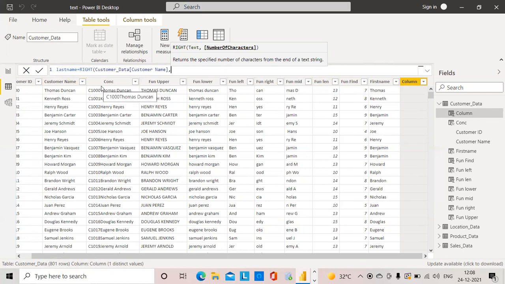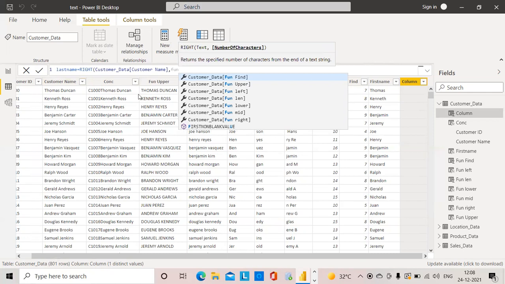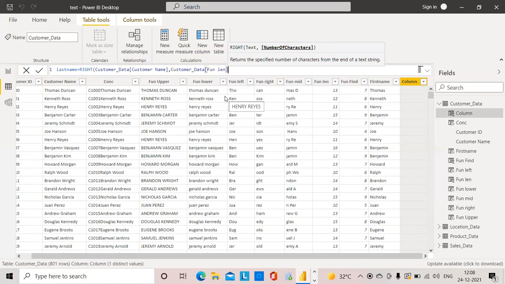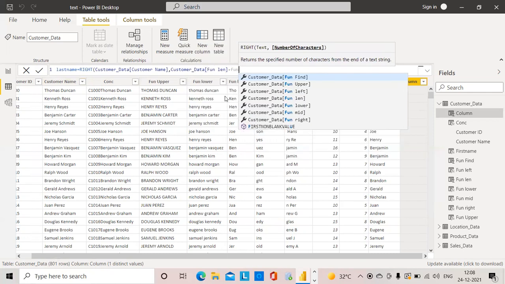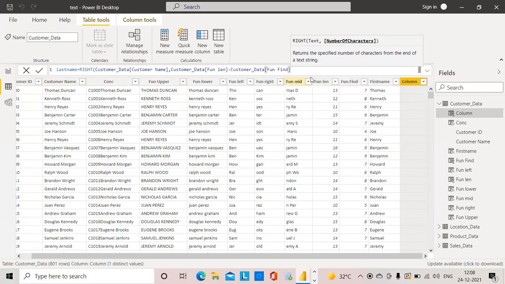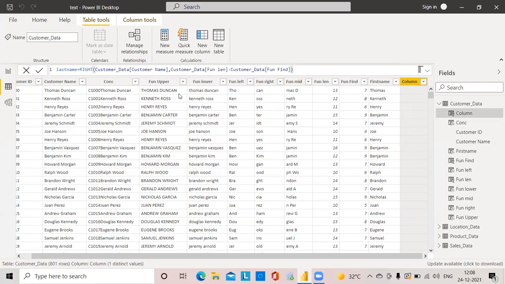Because we have already found out the length as well as the position of the space, when I subtract the position of the space from the total length, I will get the second name.